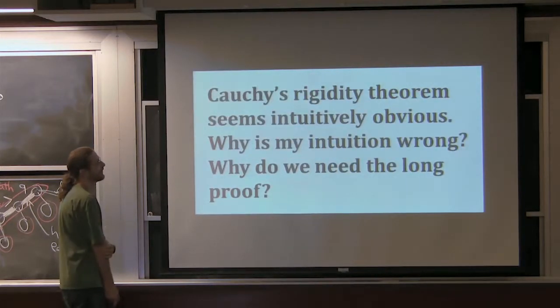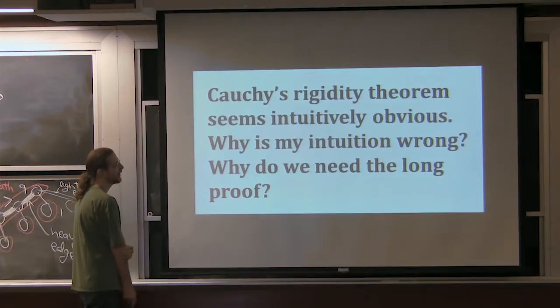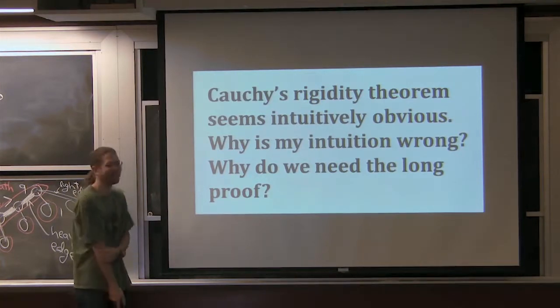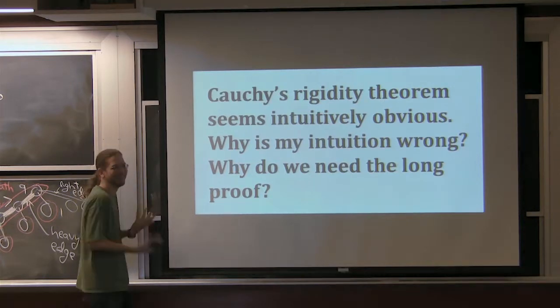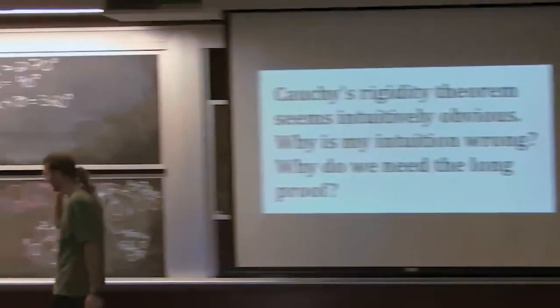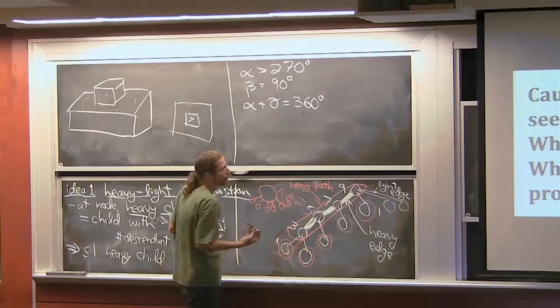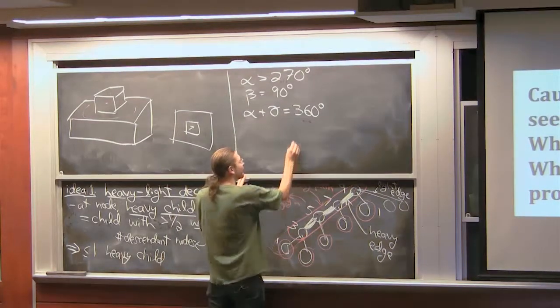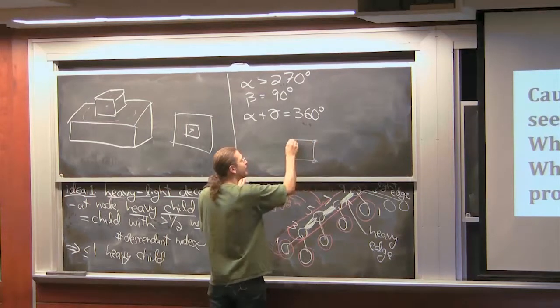Last question is, Cauchy's rigidity theorem seems intuitively obvious. Or as I wrote it in the notes, is Cauchy's rigidity theorem obvious? And my answer is no. Not obvious to me. I have 2 reasons why it's not obvious. One is it's not true in 2 dimensions. So it's kind of a weak statement. But if I take a convex polyhedron in 2D,